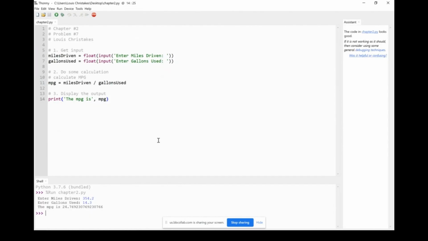So that's one thing that we're going to want to clean up when you're working on these chapter 2 problems, especially ones that are talking about money. You're going to want to format that to a certain decimal place. So you're going to want to show 2 decimal places on those. So let's take this one and let's format it. And the way to format it is when you're doing the print. So right here, I want to put a format